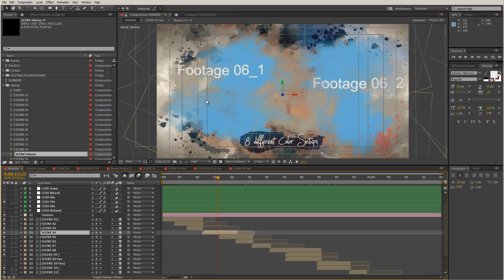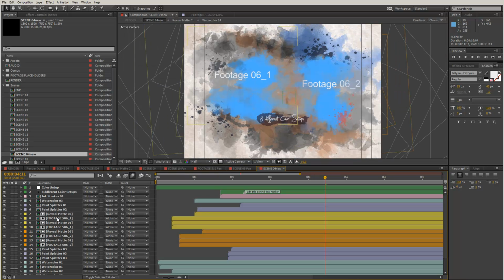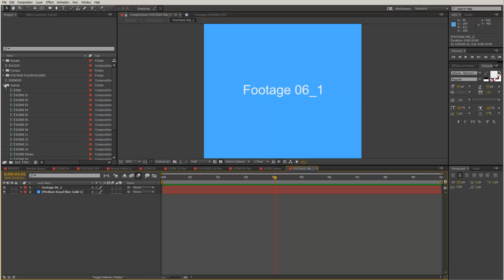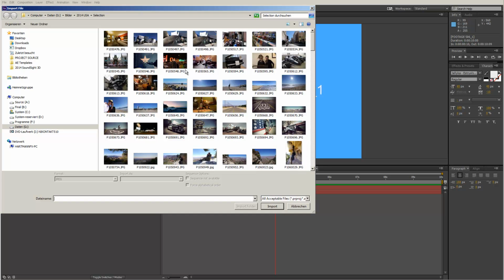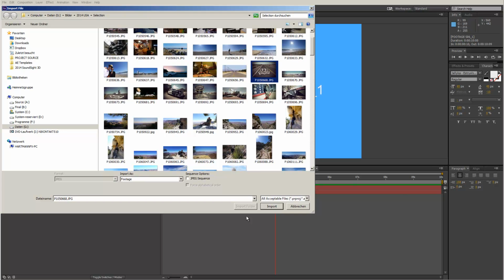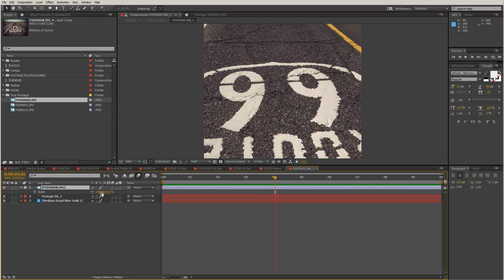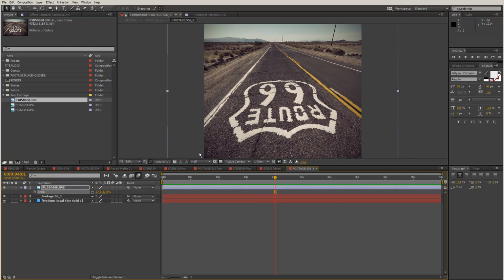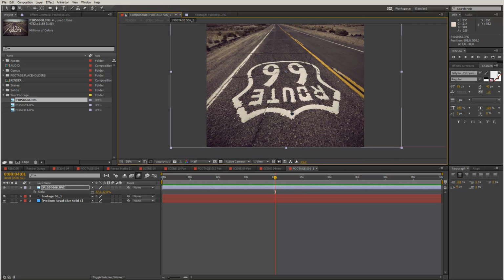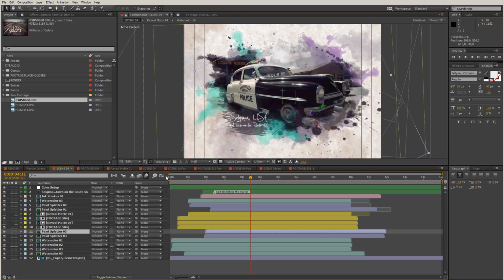But if I now put a footage, I will just do this to show you this. Enter our scene number 4 and open up our footage 06.1 and double click here, then you can also import footage and just take a picture. So let's take this picture of the Route 66 here, drag it in our folder, put it on top of the placeholders and just scale it down a bit and move it a bit like so, and go to our scene number 4